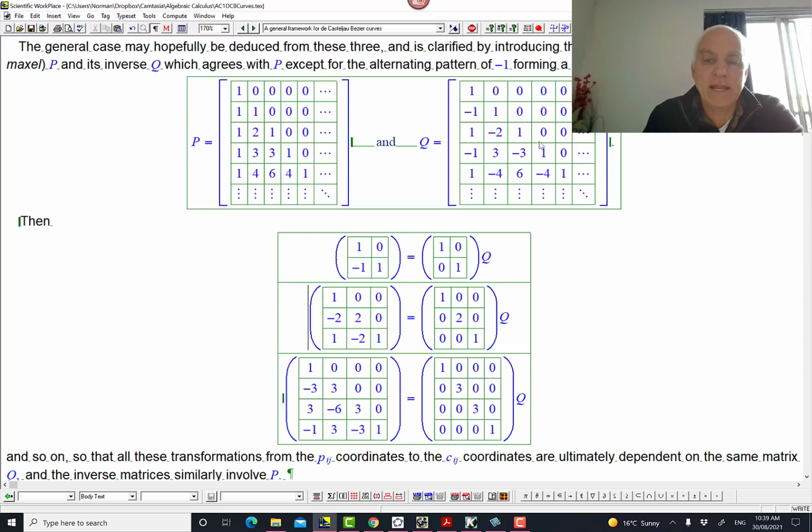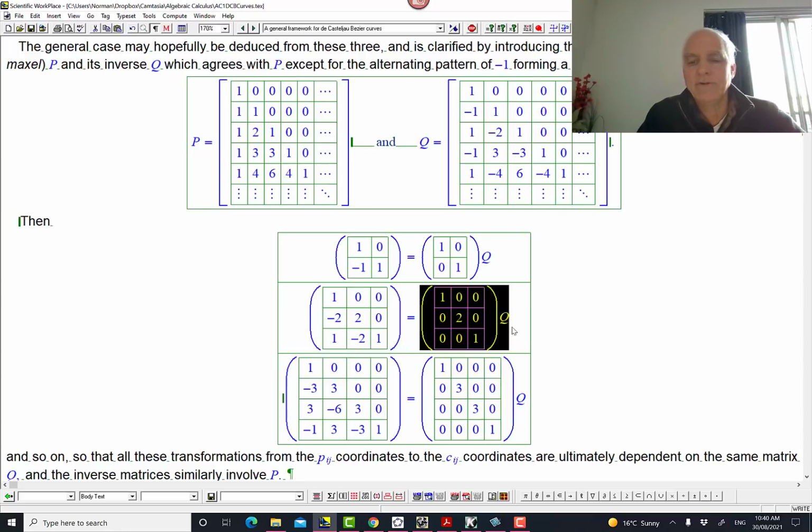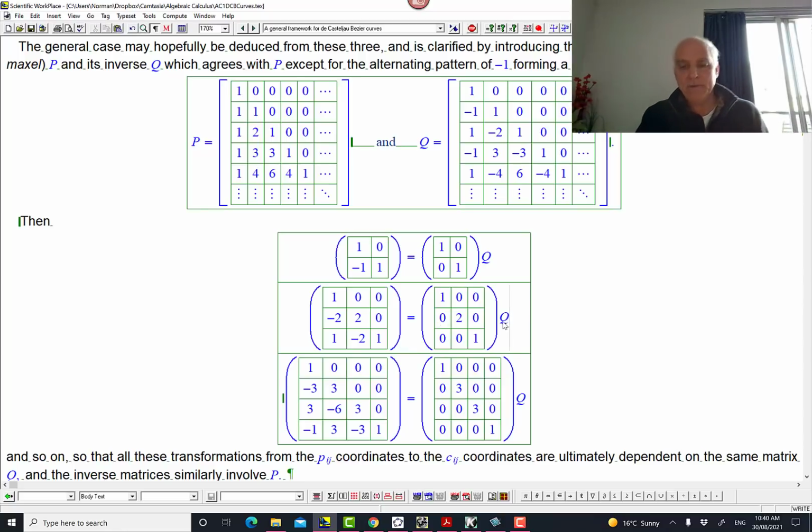This one here is obtained by taking the same Q and multiplying it by this matrix 1, 2, 1. Again, Pascal kind of matrices, but now along the diagonal. This thing here, multiplying Q by 1, 3, 3, 1. Now I have to say, what? Are you allowed to multiply a 3x3 matrix with this ongoing matrix? Well, yes, you can if you've learned about maxils.